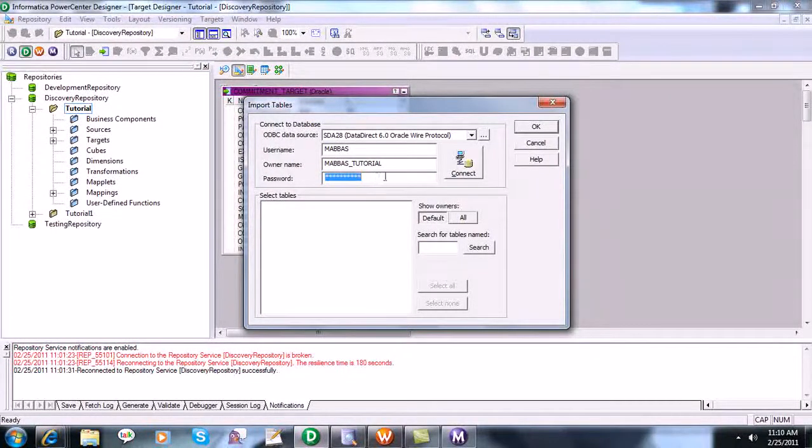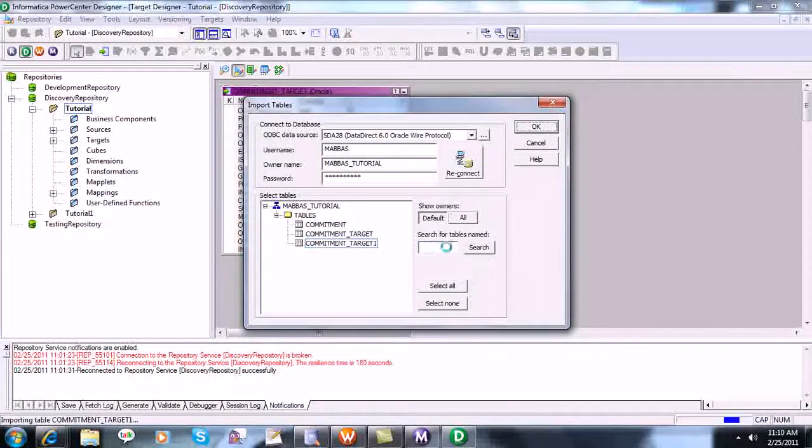I think its caps lock is on. Okay, so it's connected. New commitment underscore target 1. If there are a number of tables, you can write the table name in this box, so it will display the table names matching that specific criteria.